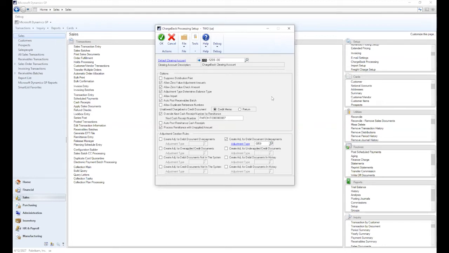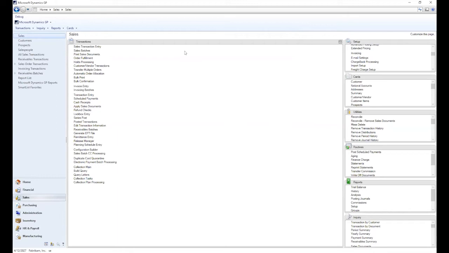So what we've tried to do here is create a window that encompasses all of those different options that you might have along the way, and then give us the ability to work with you to configure them the way you want. Even with these adjustment creation rules, if you are importing that remittance via EDI, we can set some automation creation rules so that if an invoice comes in short paid without a specific adjustment tied to it, we can create a specific type that maybe needs to be researched later. So I just wanted to give you that flavor of our setup window, just to give you a sense of how deeply we think about these products